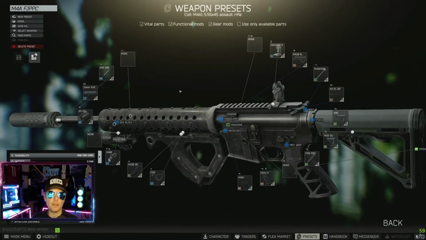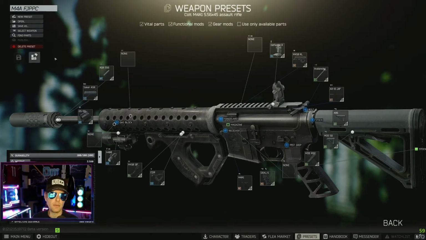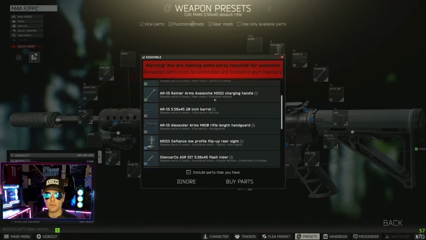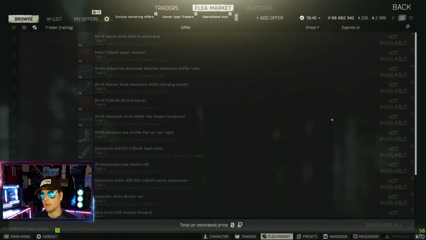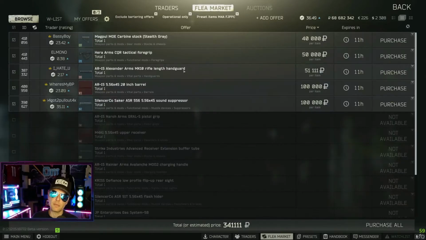Now, once we're here, we actually have to go in and purchase the parts. So we can do this a couple different ways. You can hit the find parts button, or you can just hit assemble. It'll take you to this parts manifest here. You hit buy parts, and then right now it looks a little funny because all of the traders are on a barter only for the end of wipe, but here you would see pricing, and then you would generally want to check off owner type traders, because this would allow you to purchase through the flea market. See, now we can actually buy some of these parts, but in the event that you don't have all of those parts unlocked, that's the button you'll hit to disable that filter so that you can purchase the parts that you don't have unlocked through the vendor